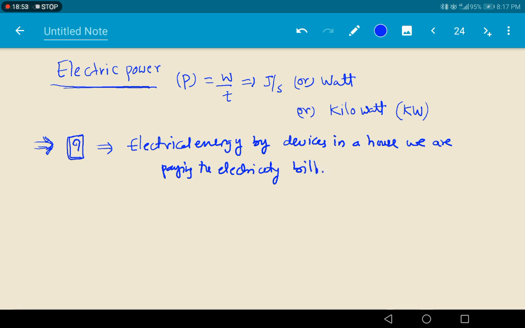Okay na? Generally when they calculate the bill, they measure in units. So 40 units or 20 units, different slabs will be there. As the slab unit is different, the cost of the electricity bill is also different. Sir, what is meant by this 1 unit? So 1 unit is equals to 1 kilowatt hour.